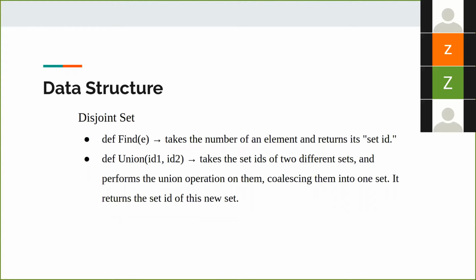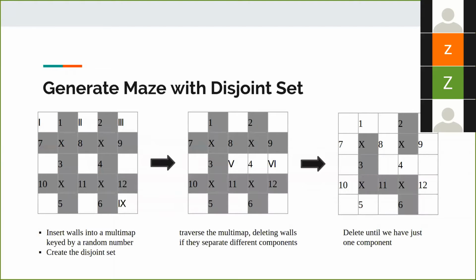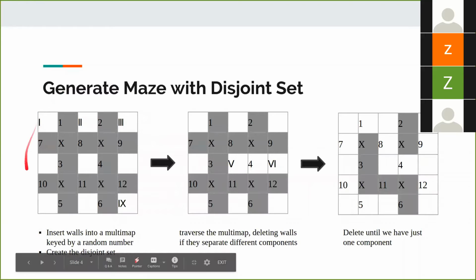The other operation, union, takes the set IDs of two different sets and performs the union operation on them, connecting them into one set. In our maze generation, the union is used to delete the wall between two cells, so the two cells can connect together. I will use the following example to illustrate how to use a disjoint set to generate the maze. This is a 5x5 maze